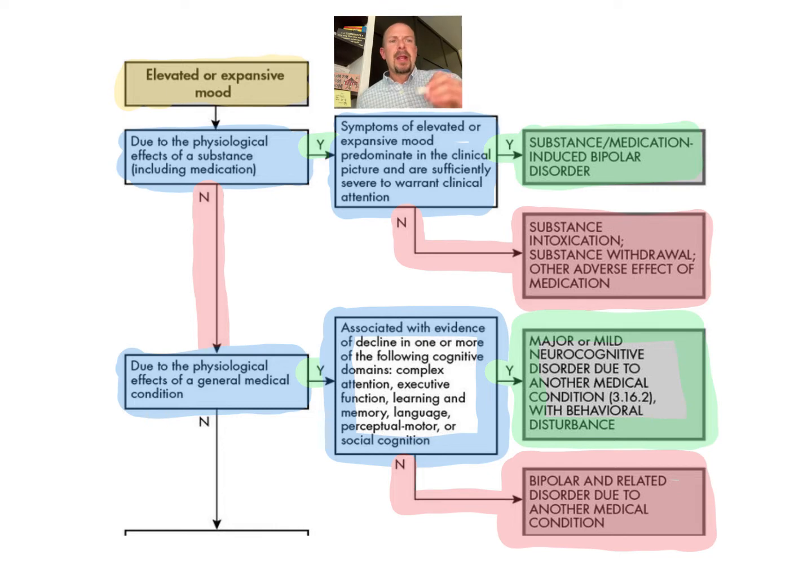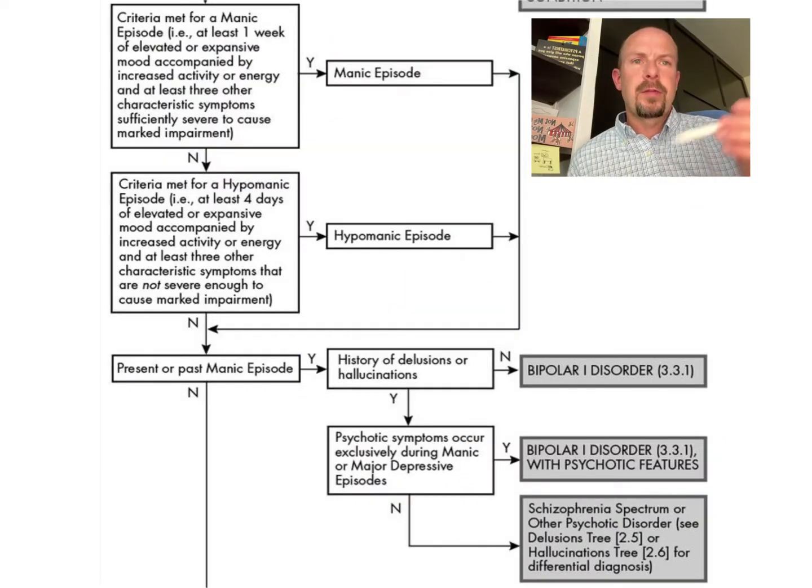So here we've discussed substances and the map for that. We've looked at general medical conditions. Let's move on now towards more classical behavior, now that we've ruled out substances and general medical conditions and seen the map there. All right, let's get started with this portion. We're moving down. We've ruled out substances. We've ruled out general medical conditions.